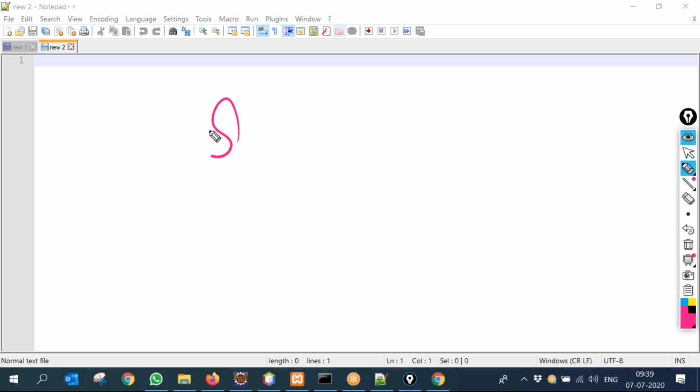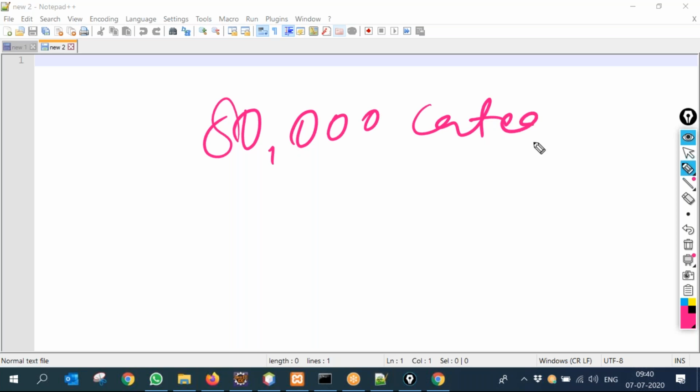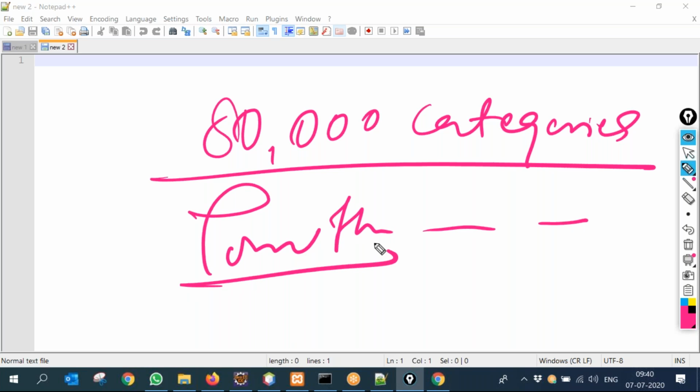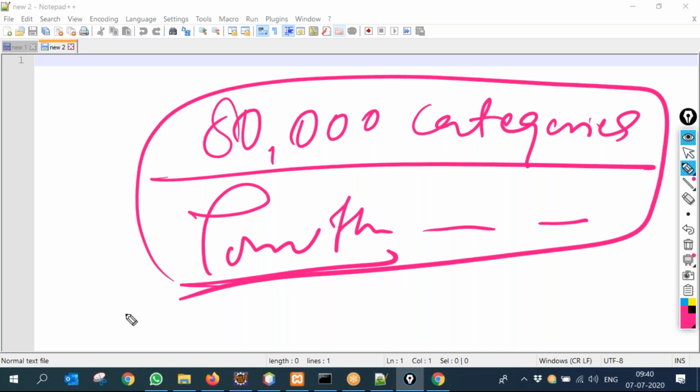You know, Netflix has 80,000 categories of movies. If you like Tom Hanks with Julia Roberts, or Tom Hanks in a comedy role, that is a genre. They have gone so fine-tuned that they have 80,000 categories.